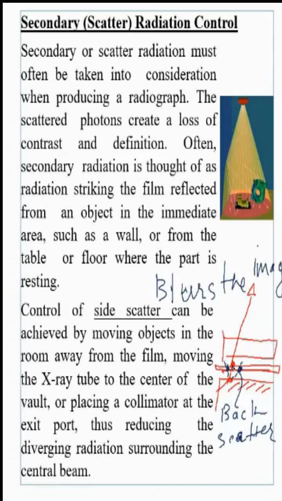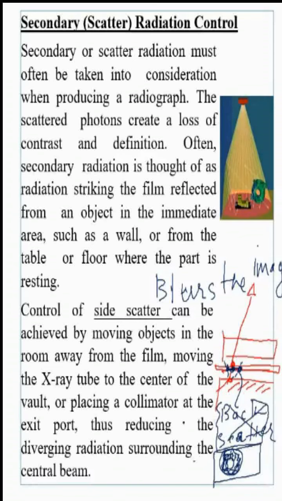So if we wanted to have this as our image point, now we will get 1, 2 and 3 different points. When we see this image on the radiograph, we should get it something like this. Instead of that, we are getting a blur image with an outer and inner circle. Actually, the dotted point inside is our exact image. So we are getting this big image, which is a blur overall, and so we will not get a proper image of the discontinuity. That is why backscatter is not allowed. It should be avoided.